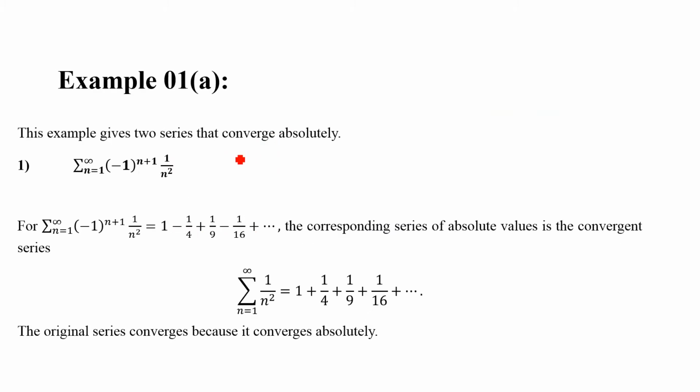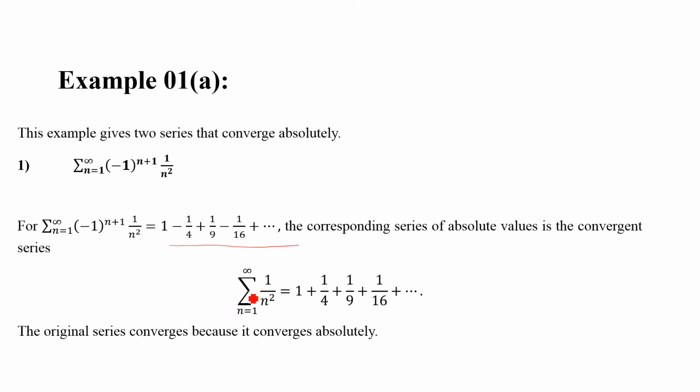Okay, let's apply this theorem in order to prove the convergence of a series. So we have this series sigma minus 1 to the power n plus 1 over n square. So this series can be represented term-wise like this, and we have